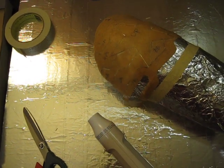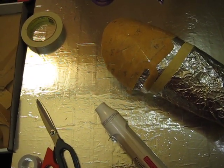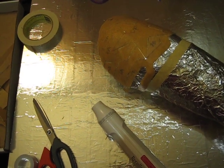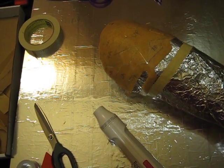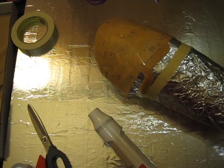It's actually quite straightforward. So for people who've never used Worbla before, or who are interested in making the metal arm from the Winter Soldier, based off the movie Captain America 2: The Winter Soldier, this is the reason why